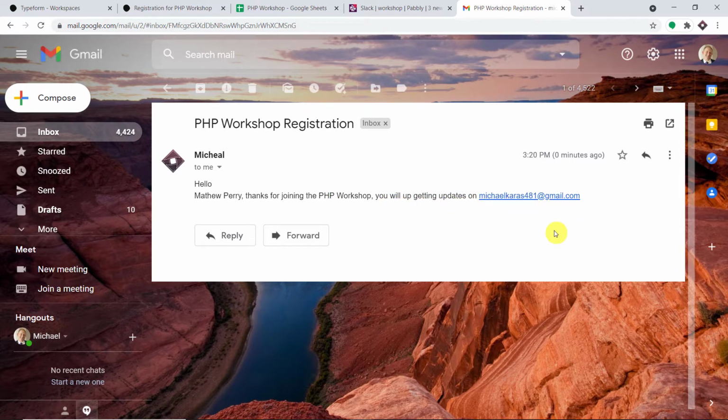Excellent. So now you're thinking, how did I do it? How did I manage to send the data from Typeform to Google Sheets, Gmail, and Slack? So basically, here I have used an integration and automation software called Pabbly Connect that integrates Typeform, Google Sheets, Slack, and Gmail. Now, the best part of using Pabbly Connect is there is actually no need for coding skills or programming knowledge. Let me just show you the process.